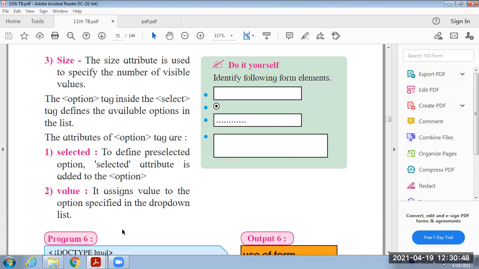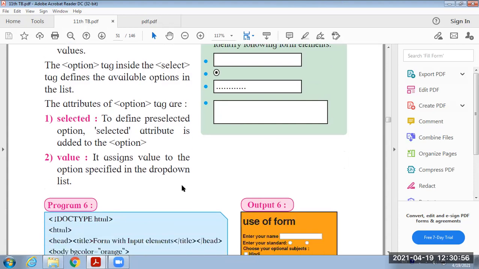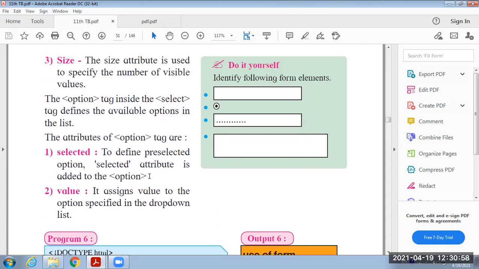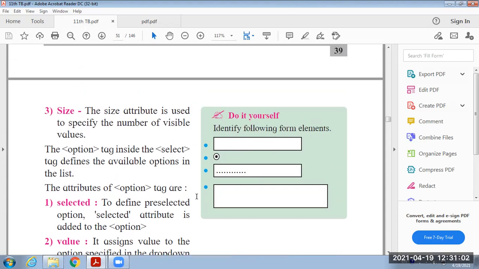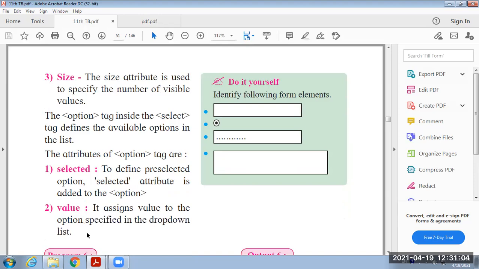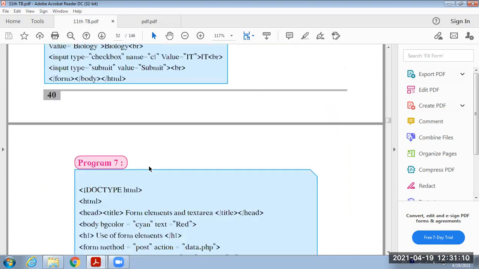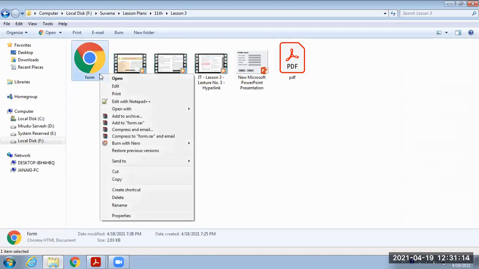Value is used to specify the internal value for the processing within your drop-down list. Okay. All this is the theoretical part for the form, only for 11th. In 12th, we are going to study forms more deeply. Now let's see one program for the form.